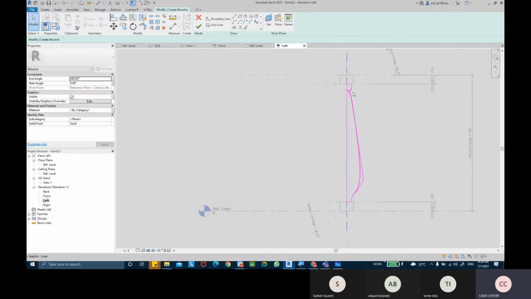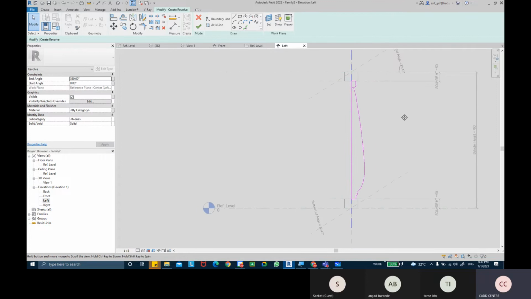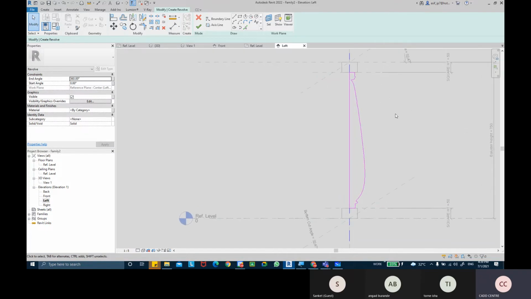Right, I'm just going to go this much shape-wise, and maybe I'm happy, and then I can hit finish edit mode to complete the shape.